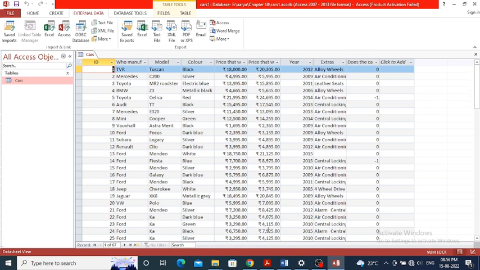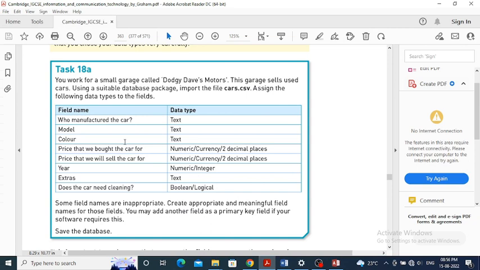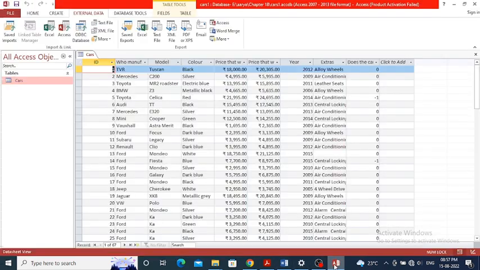Now what we have to do, see in the task it is given that the three things are made text, but here the price that we bought the car for must be currency and with two decimal places. These two things, meaning the price that we bought the car for and the price that we will sell the car for, must be currency and we have to give them two decimal places. Okay, so this can be possible by using,